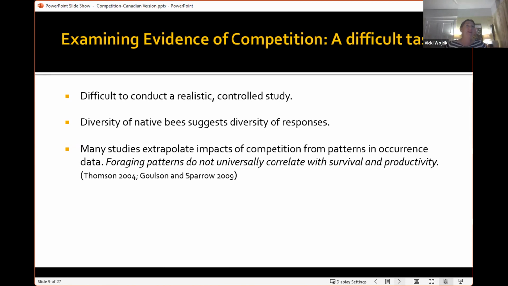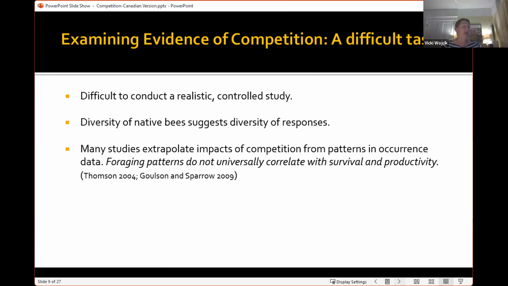So that's one factor that we have to deal with. The other factor is when we look at the diversity of native wild bees out there, it's not surprising that there would be a diversity of responses. So when we dive into the literature, we may see that in some cases there is strong evidence of competition in certain species and in others, none. And as I mentioned before, many studies, if you just read the abstract, which unfortunately I think a lot of people fall into, and then start making your claims about that. When we actually go through the entire piece of research, we find that they